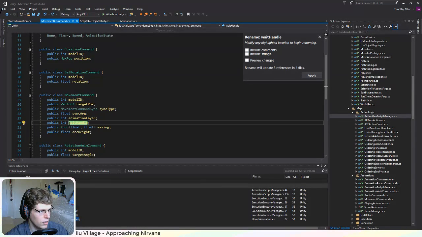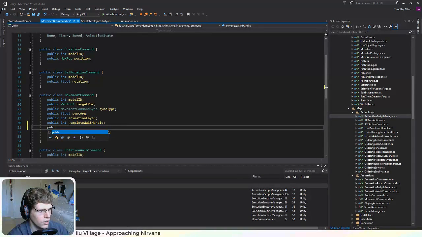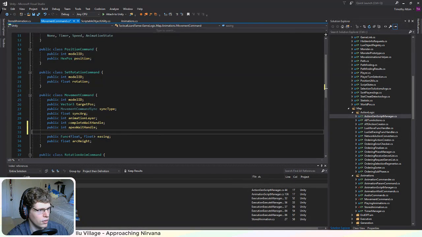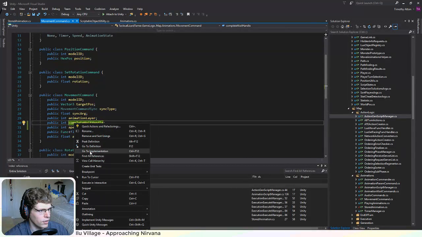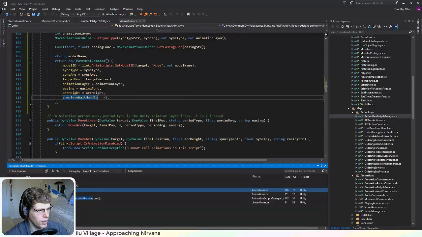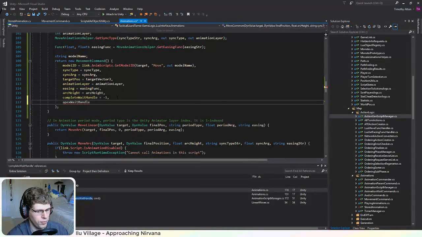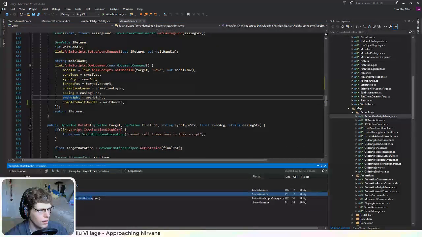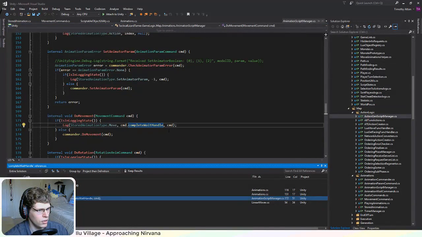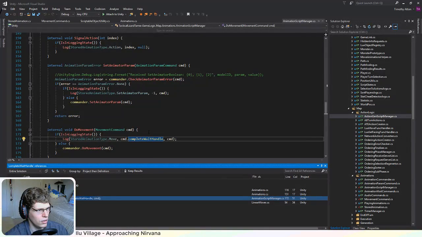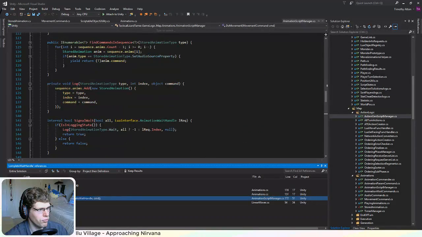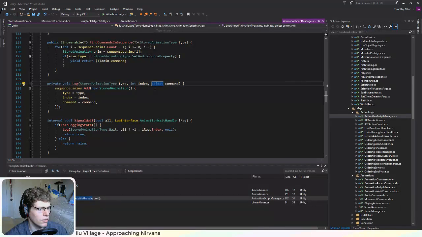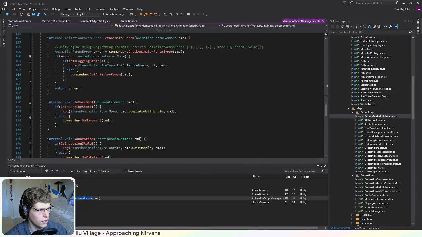Okay, so this will be the complete weight handle, and then I'll have apex weight handle. And basically everywhere that this is used, I'm going to make sure that it also takes the apex weight handle into account. Yeah, we'll deal with that soon. Okay, so I could just have another reference here. Or index 2 is not going to be used that often, so